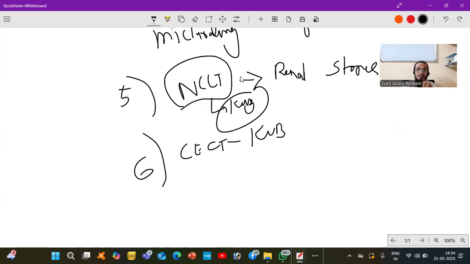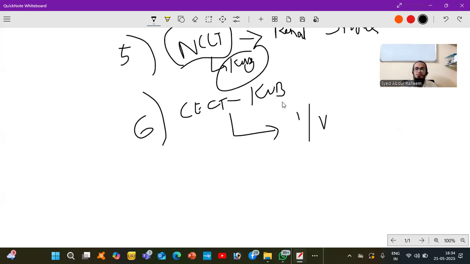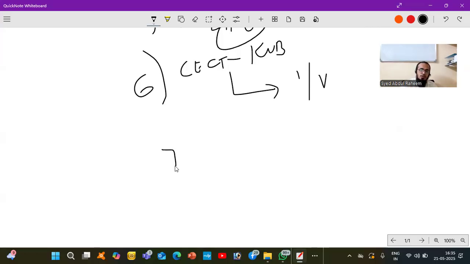In that you can see masses, infection, any mucosal thickening, because you are giving IV contrast. So this is for any type of infection, masses, cyst, tumor, fibroid, cancer. All types of diseases can be discovered with the help of this scan. Next, we have